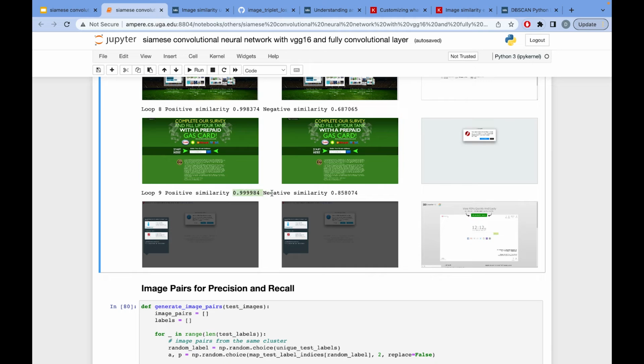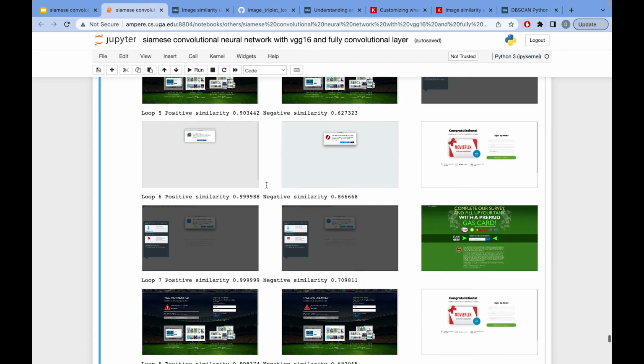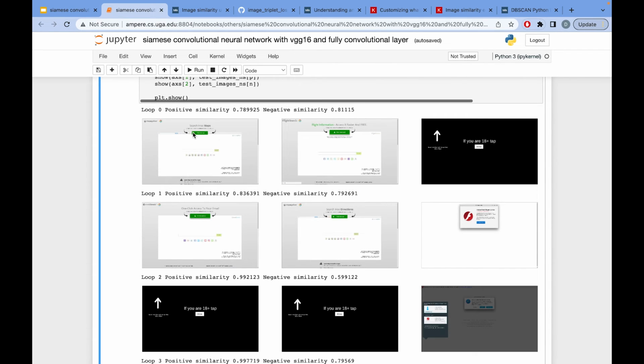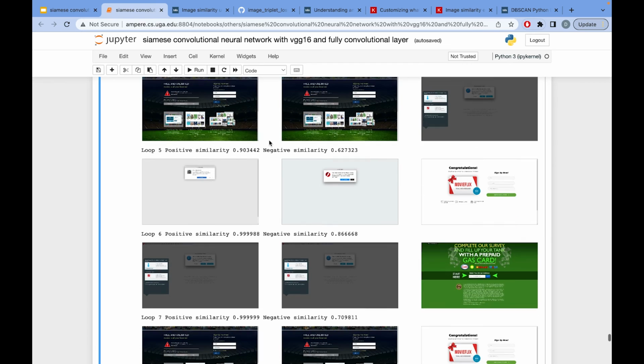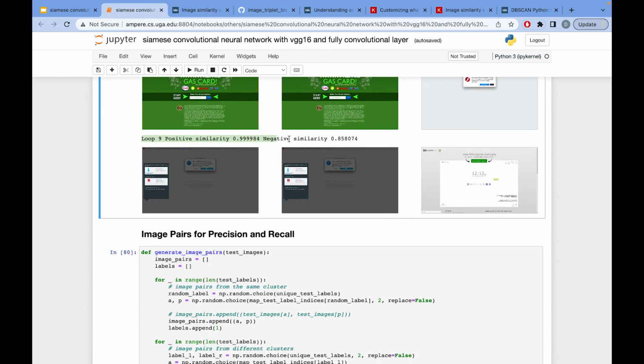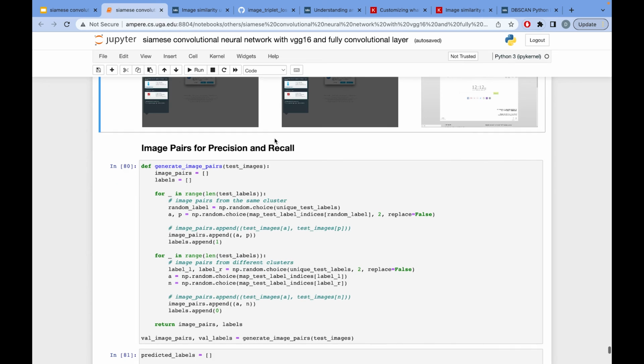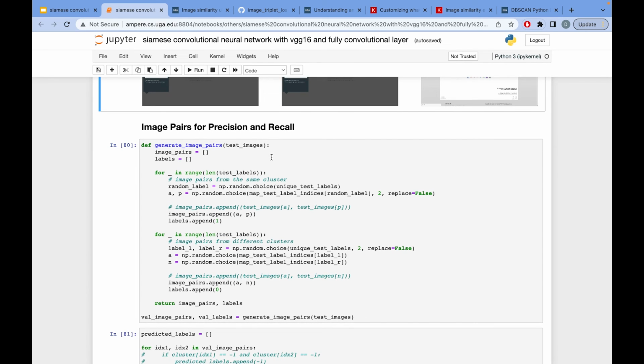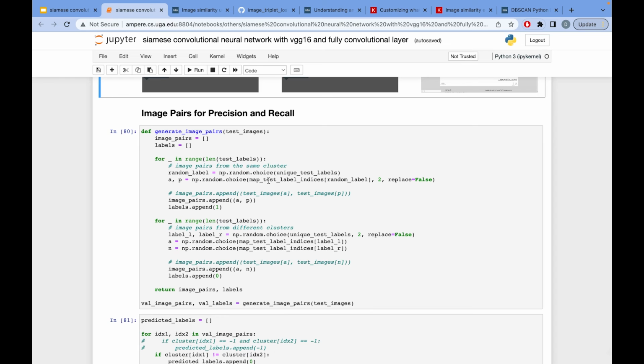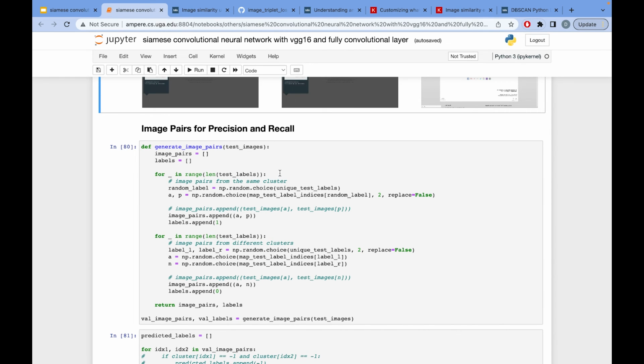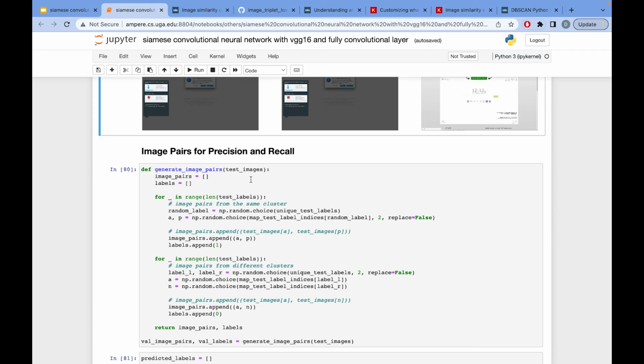So the model actually distinguishes images that are very different or very similar. But when it comes to images that are quite similar, like we visually know that these images are semantically the same, we get a low similarity score because these buttons are different and so on. So it is not perfect in that sense, but we're at least at a place where we can improve. So if you have ideas or suggestions on how you can improve this architecture, feel free to comment down below